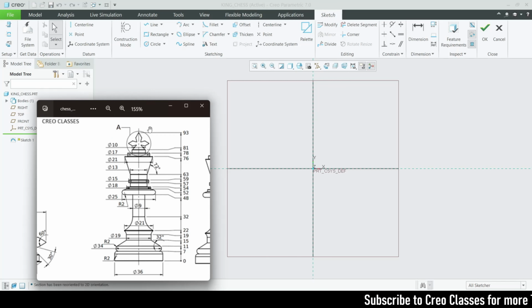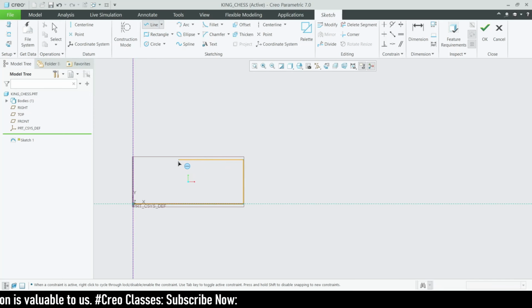this. Okay, so this distance will be 36, and from the ground level it has a height of 7 and a radius of 2. I'm just going to draw a line from this to this. As we are going to create a revolve for this, I'm going to draw a vertical center line like this. This distance will be 36, that's the overall distance, right? So we have to divide it by 2. So this will be 18, and another line with the height value of 7, and then a straight line